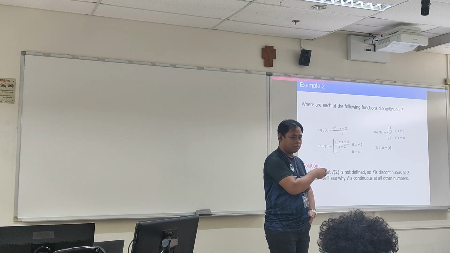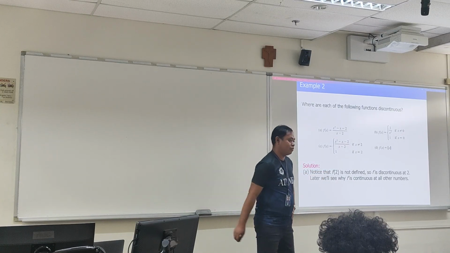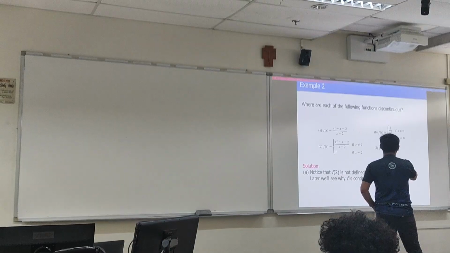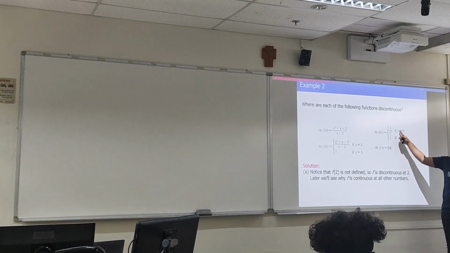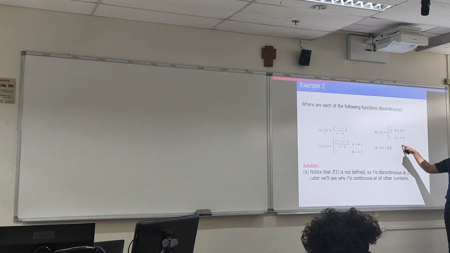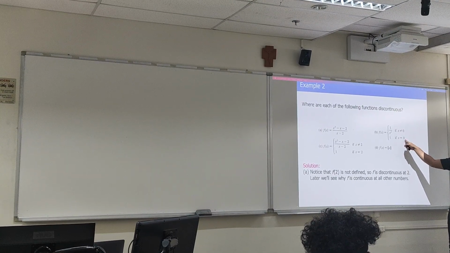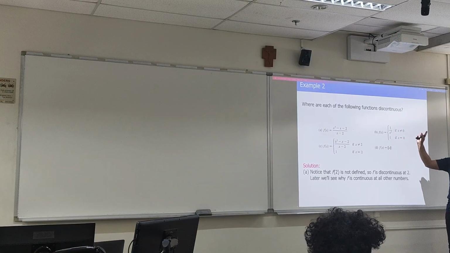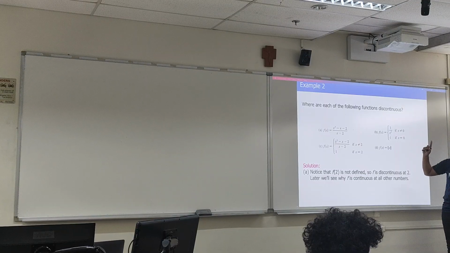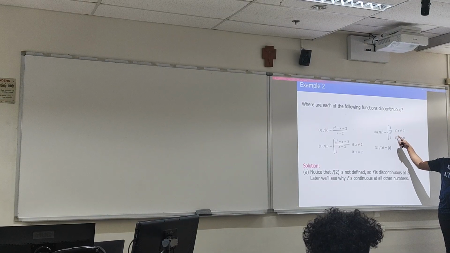The conditions are x is not equal to 0 and x is equal to 3. So you take the limit of this one as x approaches 0. Of course, here f of 0 is defined, right? The first condition is satisfied. How about the second condition? Does the limit of this function exist?